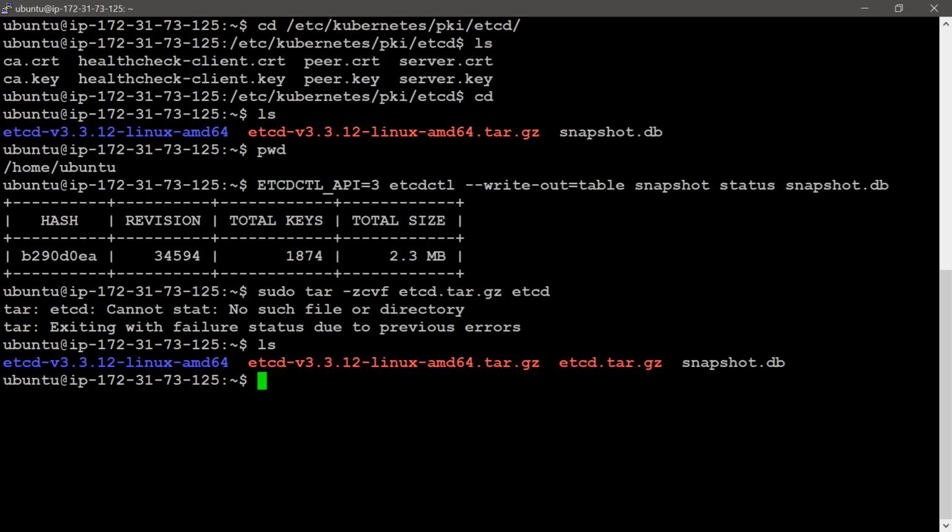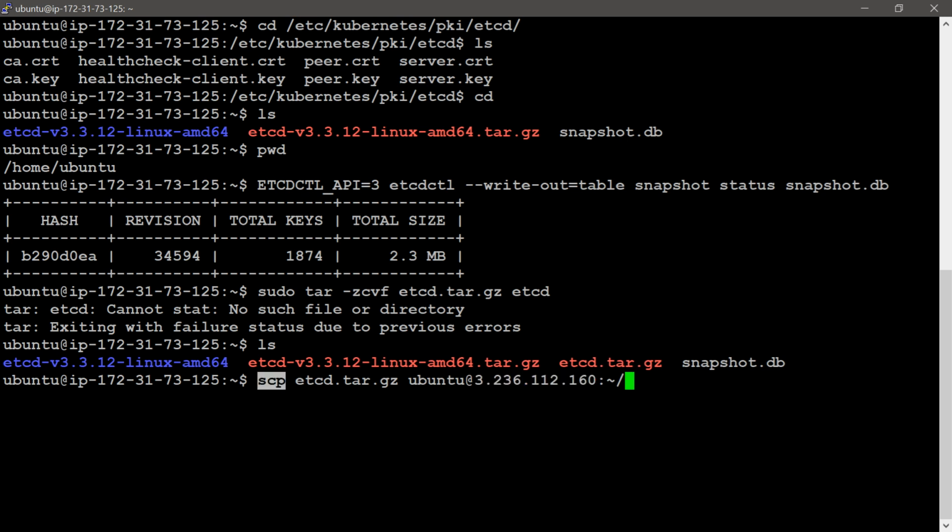We can use the scp command to copy the etcd directory to some other system or elsewhere. We can use the scp command to store this etcd.tar.gz file onto another server.